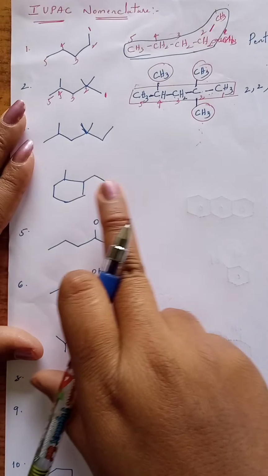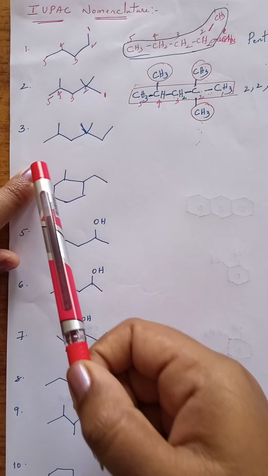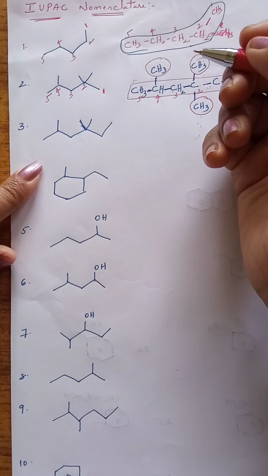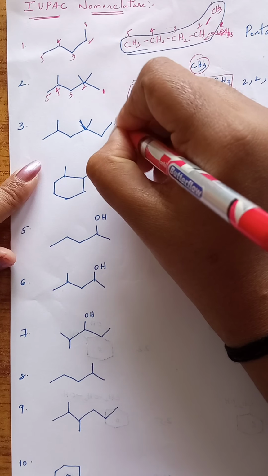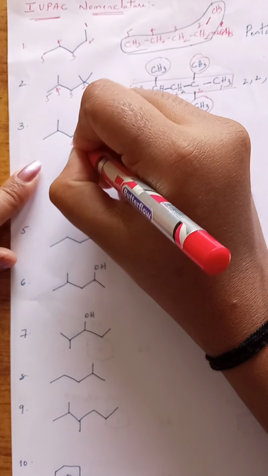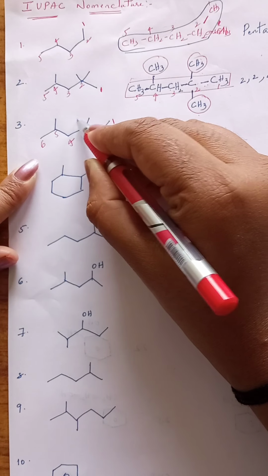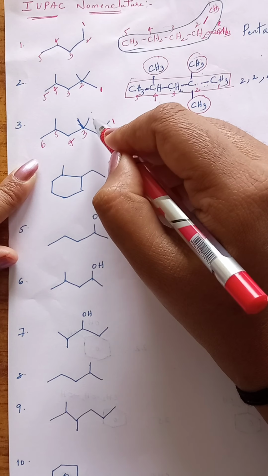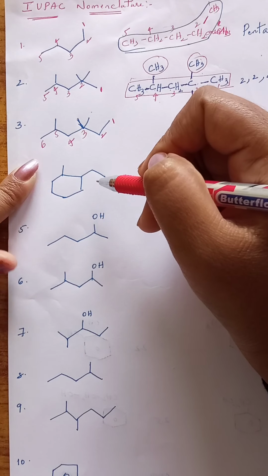That is about its name. Now move on to the next one. I am doing this here itself, not writing the complete structure. While writing a compound name, select a parent chain, the longest chain. I am giving numbering from this side, 1, 2, 3, 4, 5, 6. I have given the lowest number to the carbon which contains 2 substituents. On this carbon only one substituent is present, and here 2 substituents are present, so I have given numbering where this carbon gets the lowest number.